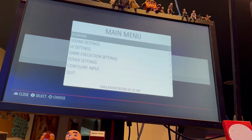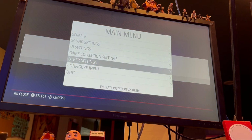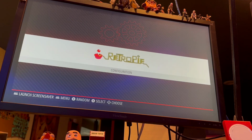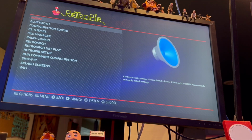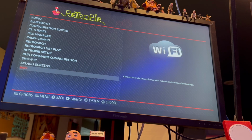Yeah. Menu, other settings. What should I be hitting that doesn't get me out of this? Oh, select, choose. Select, yeah, A. Configuration? Oh, is that what I want? Oh, there it is. That is what I want. Jeez Louise, okay. Yeah, figuring out what my A and B are, I think actually is a good idea. Let's get down to Wi-Fi and get that set up. This is where I'm not going to show you my Wi-Fi settings,